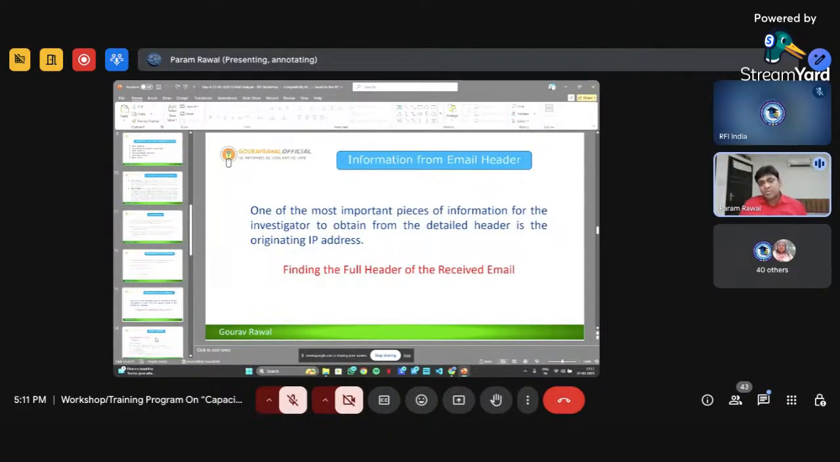The information from the email header, one of the most important pieces of information for the investigator to obtain from the detailed header, is the originating IP address. सबसे पहले तो कि कहाँ से ये ईमेल चालू हुआ था, उसका ओरिजिनल IP एड्रेस को पता करना।